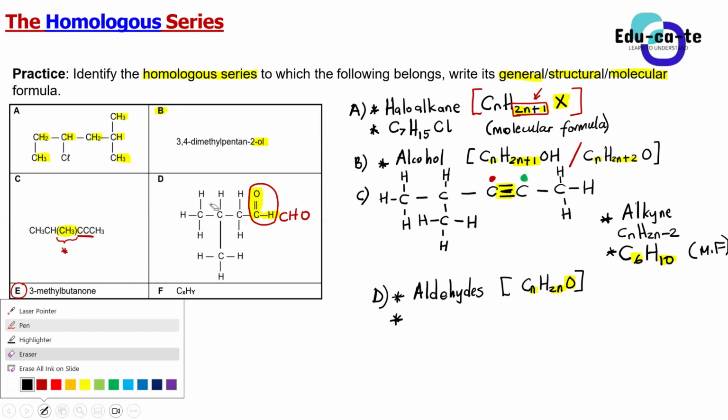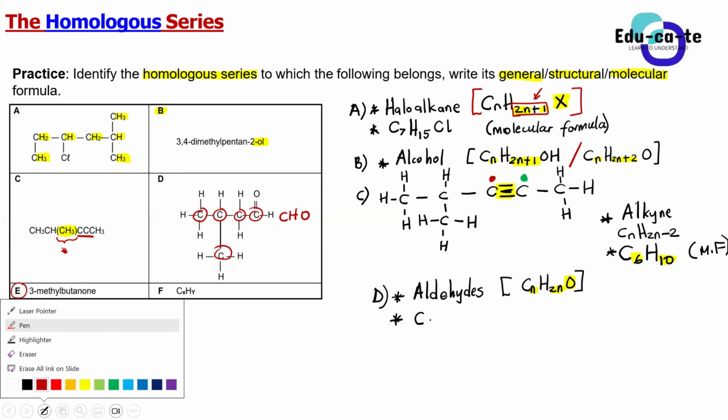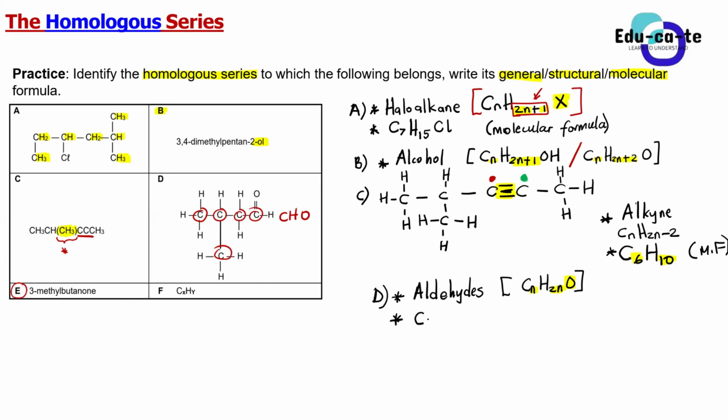Yes, so you count the number of carbons and hydrogens. We start with carbon. How many carbons are there? We write C first. 5, so we've got 5 carbons. You count them manually: 1, 2, 3, 4, 5 carbons. In total, in this entire aldehyde, we have 5 carbons. Then you also count the number of hydrogens. How many hydrogens do we have? 10, so we have 10 hydrogens. So we've got C5 and H10.